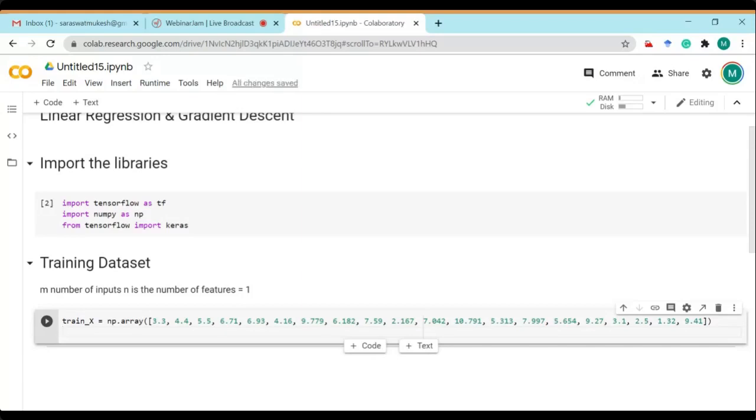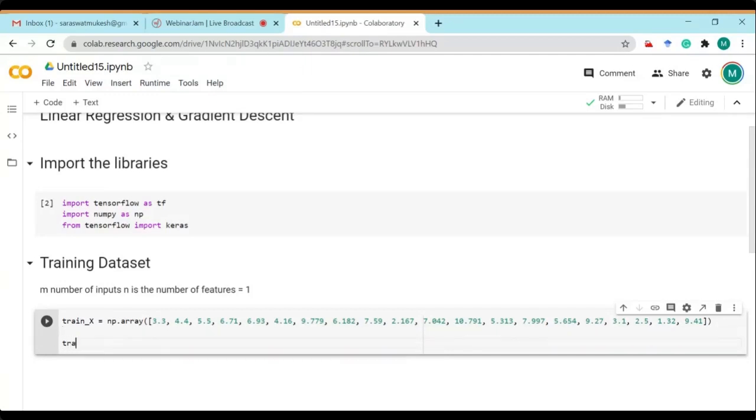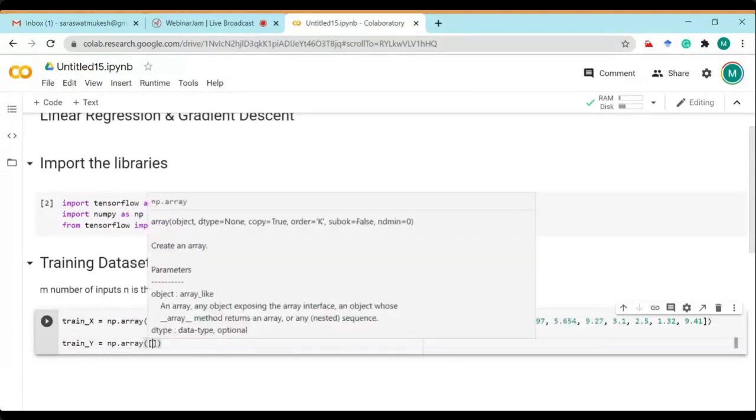So now we have to take the corresponding label. Here we can type train_y. Now we have to take the corresponding samples in terms of an array.